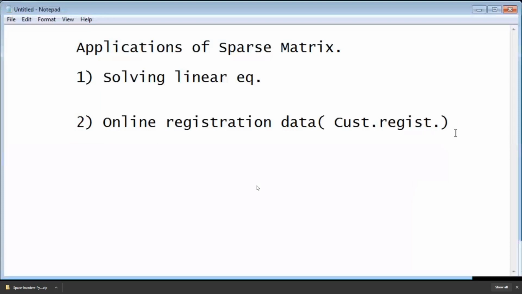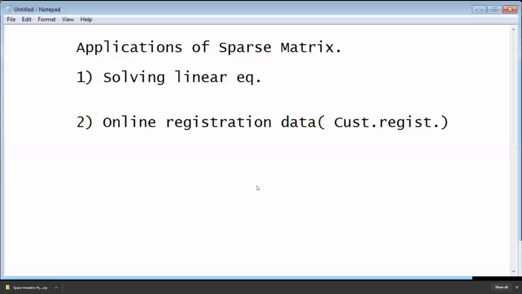Have you filled any online form where it asks you for registering something? Yeah, most of you have already filled multiple forms. Even when you buy something or fill out a form on Amazon and all.